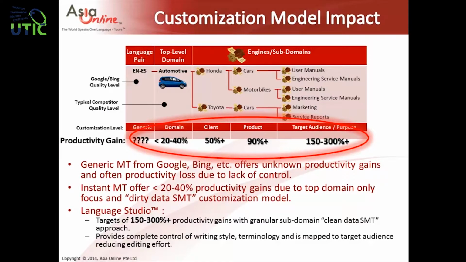So again, to give you a sense of what the impact can be, we have seen that as you go from just building, say, a general English-Spanish engine to an automotive one, the productivity impact can go from as little as 20% to as much as 300% as you get more and more granular. So there's great value in going deeper and improving your focus, because the linguistic behavior is more confined, and thus